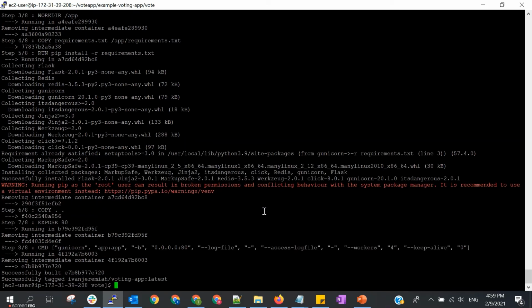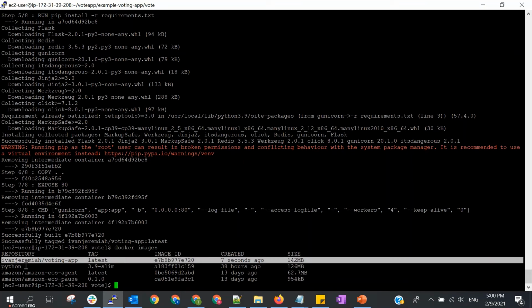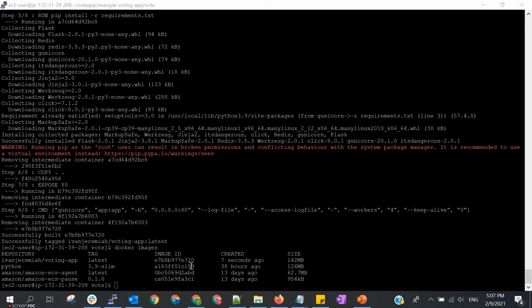Okay, there's some warning, but I think it's fine. So if we check again Docker images, we can see that in our local, it is already created, and later we need to run the Docker push command to push this image from our local to Docker Hub. Later ECS will capture the image from Docker Hub actually. So Docker build is to build the Docker image in our local, and Docker push later to push